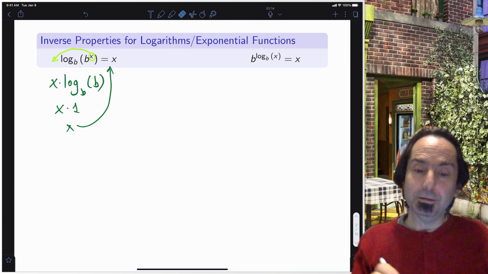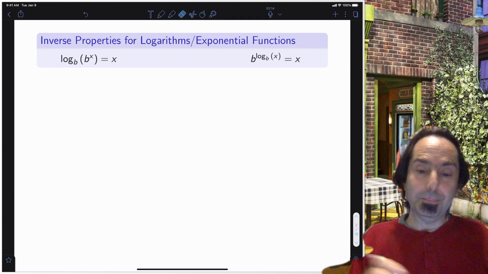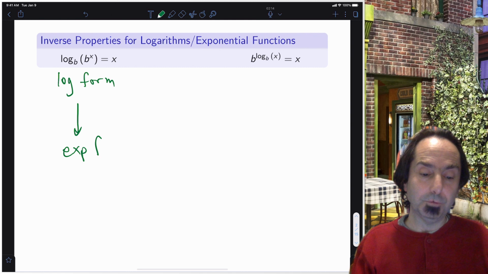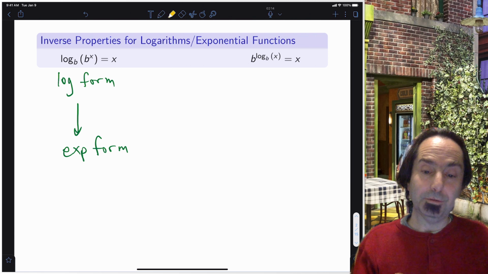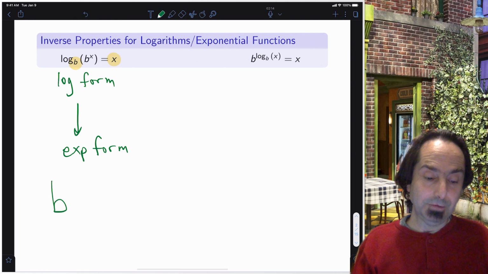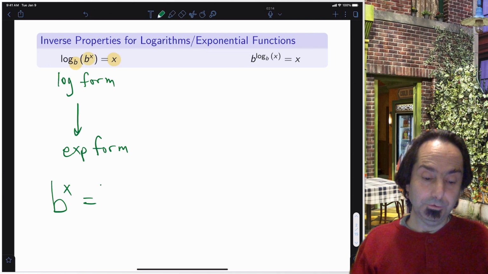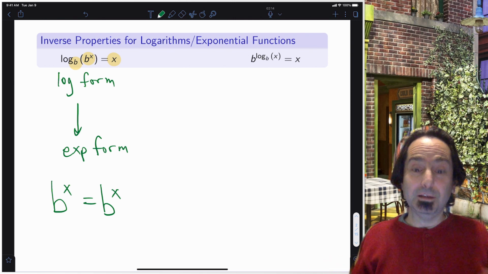But let's take this and we're going to just change form. The first one is log form, and we want to change it to exponential form. So we just have to identify the base. The base is b, the exponent is x, and so this is saying that b to the x is the answer, and the answer is b to the x. So b to the x. All this is saying is that b to the x is b to the x,